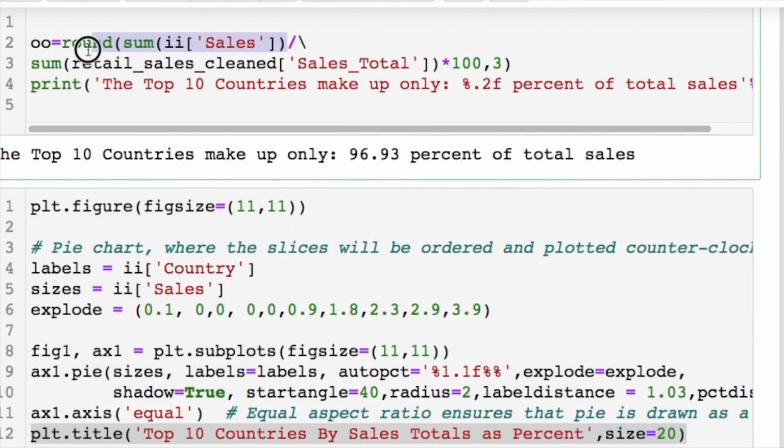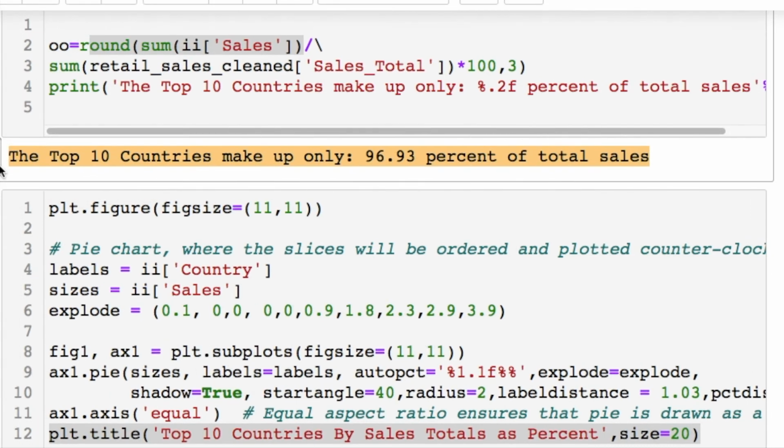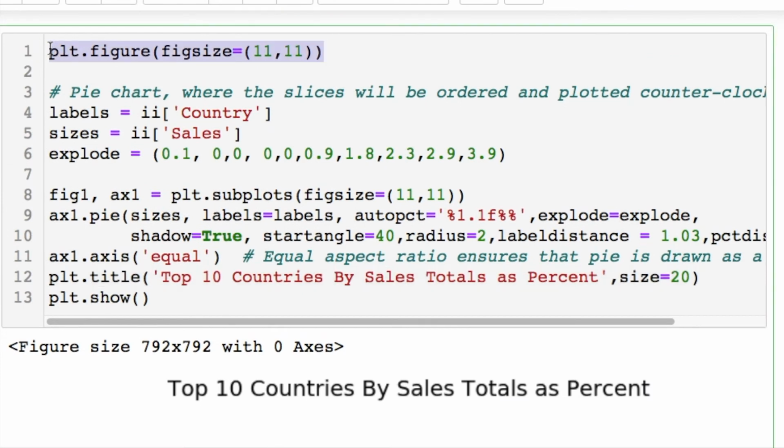So I decided to round the data so we can see that top 10 countries contain 97% of the data. That's why I set it up like this, because you have 37 countries doing a pie plot. It looks horrendous. This is for simplicity's sake. Adjusted the size for our pie plot, took the labels, which you could think of as your X, but it's your labels, and the sales data.